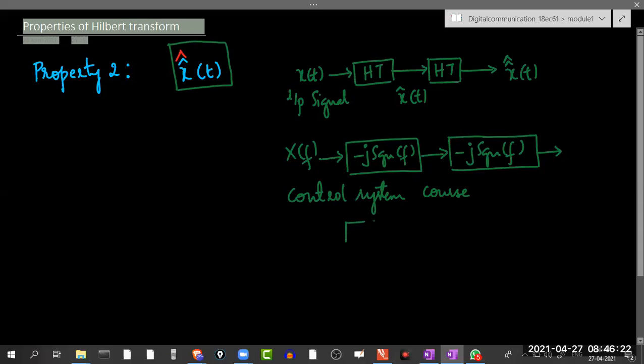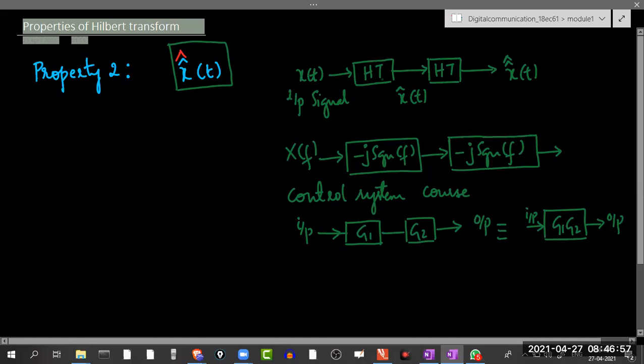if there are any two systems having gain G1 and gain G2 cascaded together like this, where this is my input and this is my output, what happens to the overall gain? This is equivalent to, again, the input signal. I can combine these two cascaded blocks into a single block whose gain is equal to G1 into G2.